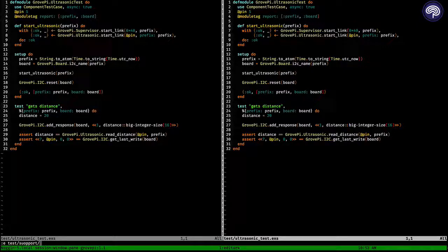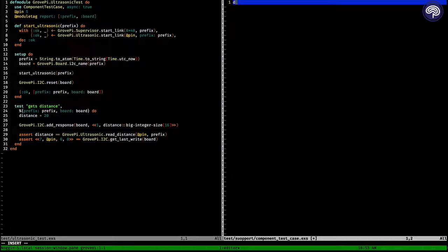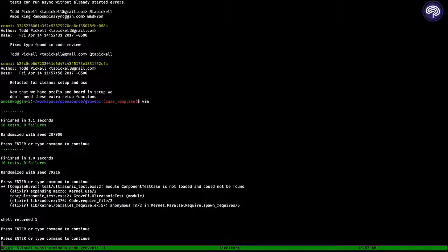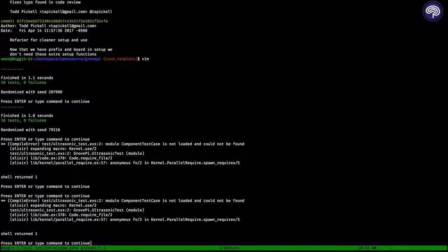Oh, maybe I did not. Oh yeah, there it is. Component test case.exs. All right, so defmodule component test case. Let's just go there and see where we are in our tests. So we actually end up with the same thing. It doesn't know where component test case is,